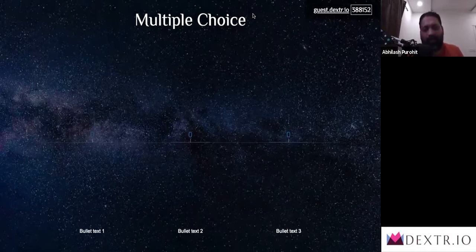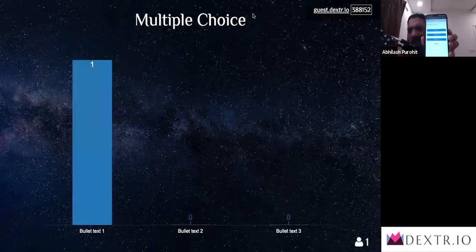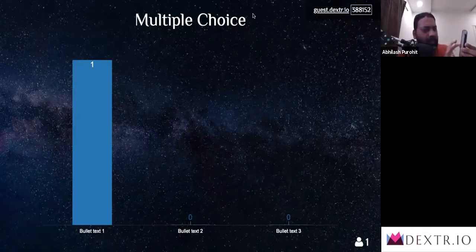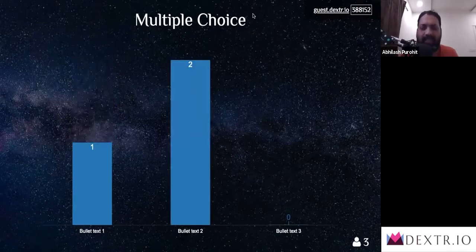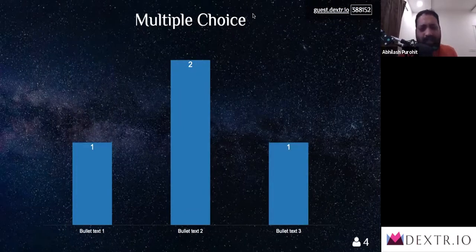In the multiple choice, what happens is that the user or the participant sees 3 options. And as somebody hits a button, so if I was to hit bullet text 2 now, you will see instantly that the options start appearing and displaying here in a multiple choice environment. 4 people have voted here. It is 2 people with 3 phones, sorry, 4 devices who are voting. But once you have a bunch of audience participating with you, the responses will start coming in real time, and you can use that for your facilitation.